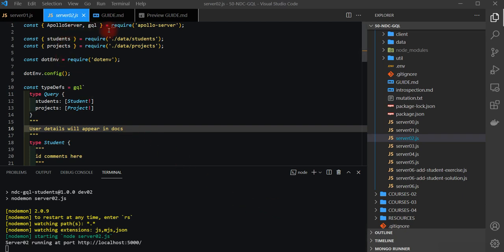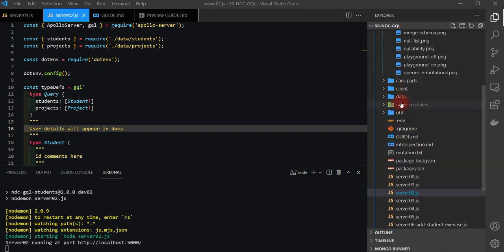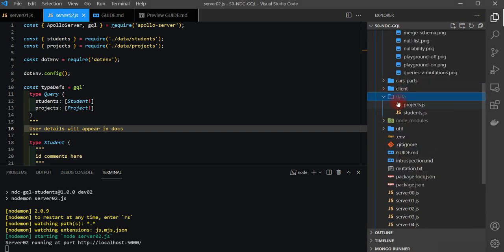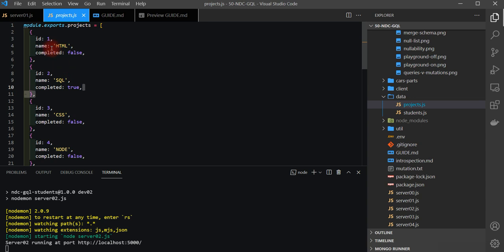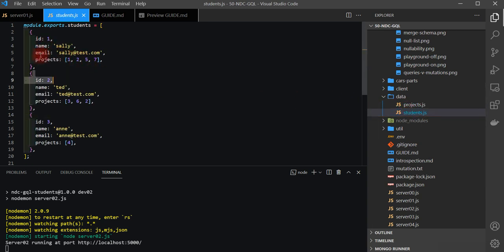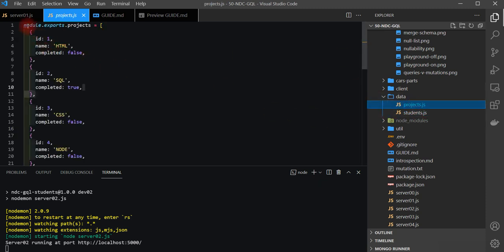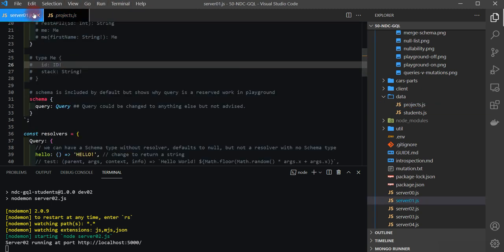We're now in server 02, and the difference is we're importing in some hard-coded data. If we look in here, we have two files for projects, three fields here, students, that actually has a reference to projects by ID, so there's a link between students and projects. So if we come back to server 02,